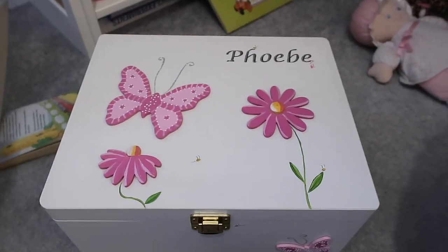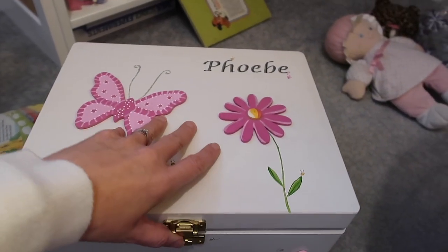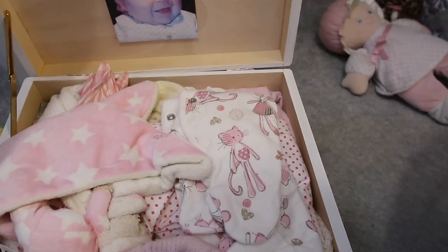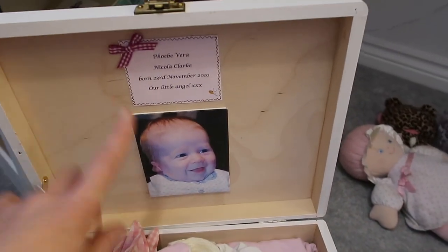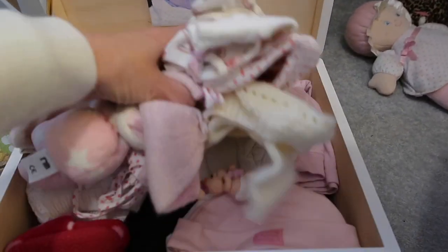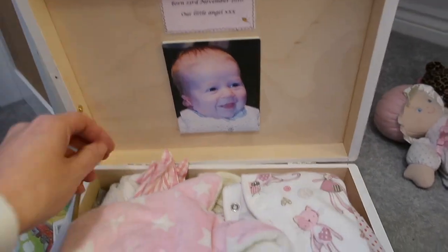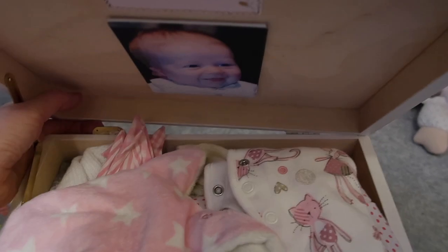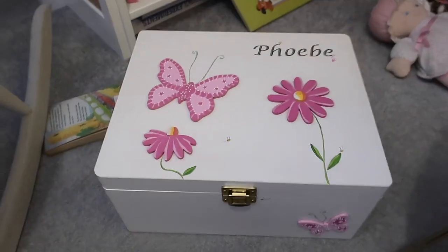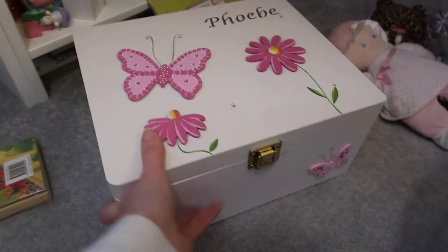So yeah, I was given a voucher to choose a memory box for Phoebe when she was born. It has lost a hinge at the back, unfortunately, but it is so lovely. It's got a little picture of her in, and her name and her date of birth, and then we've got all her baby clothes and things in there. It's by a company called, I think she's called Torrell Designs. Now I'm pretty sure she's still going, but I will link her below if I can find her,